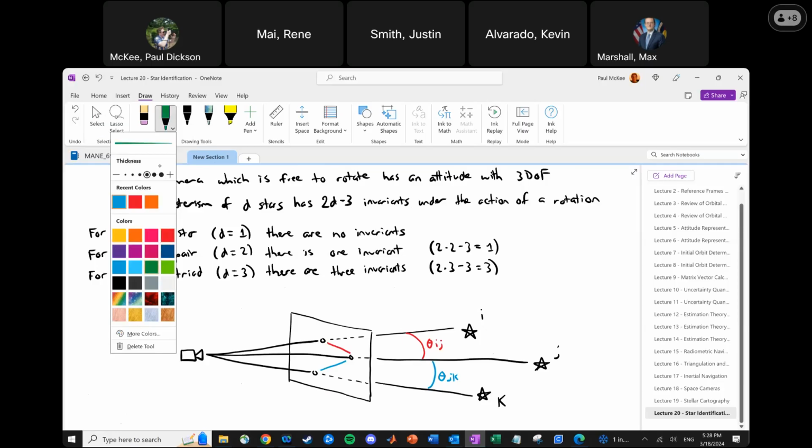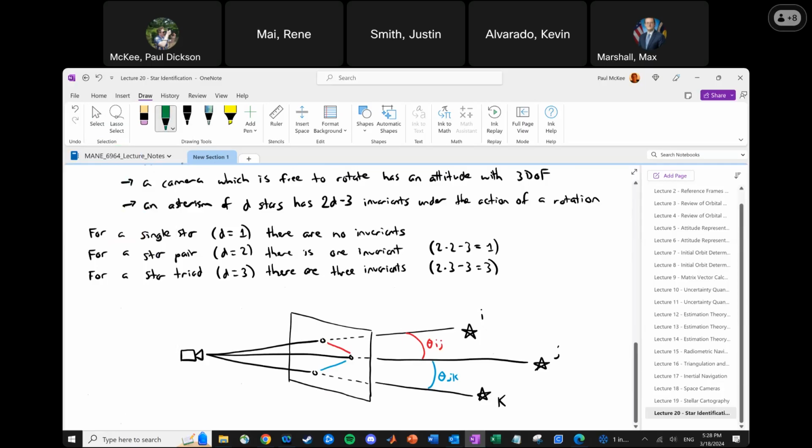And then finally, surprise, surprise, we've got this star pair in the image, and we've got some angle between these, and we're going to call that theta. You can either do ik or ki, right? And an angle is a scalar, so the order doesn't matter, right? So if this is your star field image,